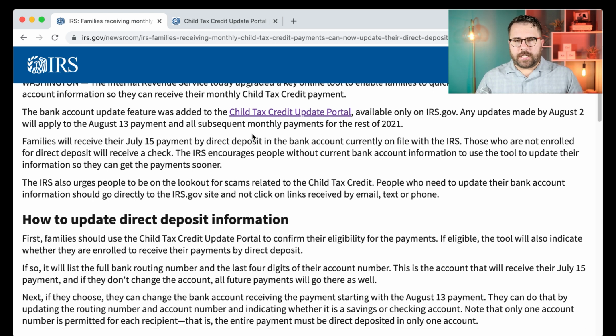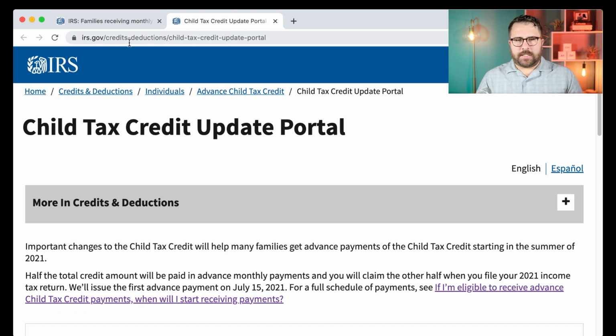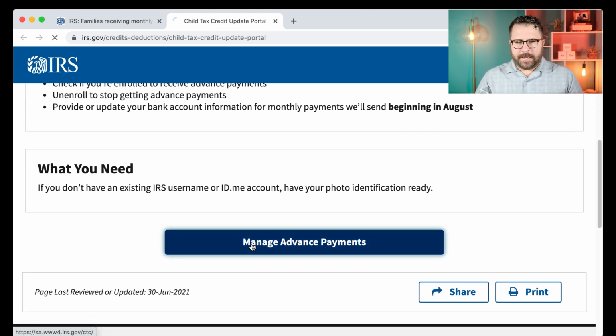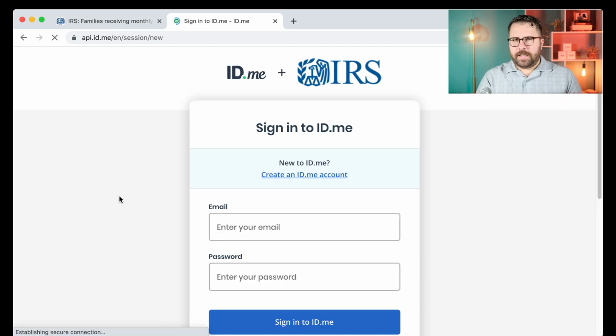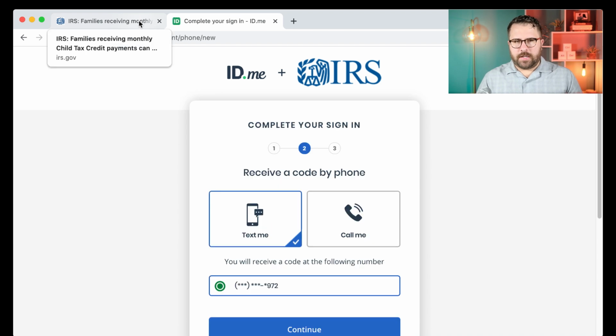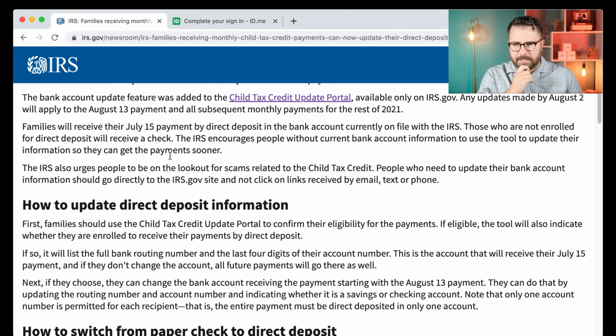So, Child Tax Credit Update Portal, that's this. irs.gov/credits-deductions/child-tax-credit-update-portal. And then you click right here, manage advanced payments. You log in, right? I showed you how to create an account if you need to. I'm not going to log in because my portal doesn't help because I'm not eligible for the payments. But anyway,